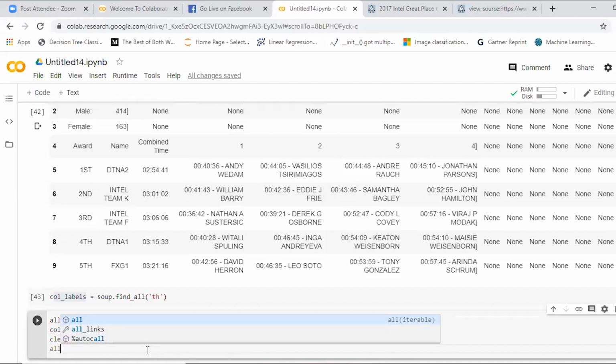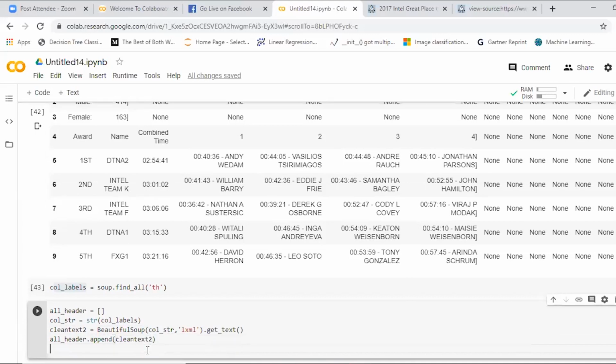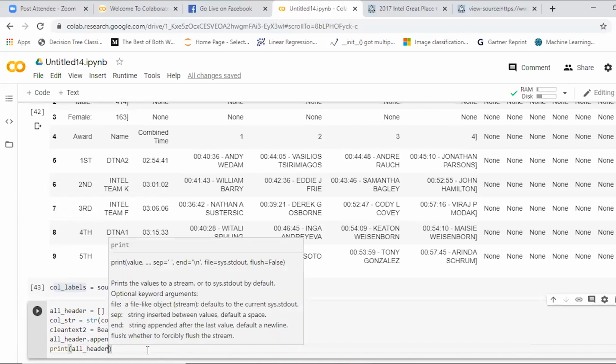Then we give the header names, all underscore header, because my list name is all underscore header. We append the entire data to the list, clean text 2, and you print it, print of all underscore header.